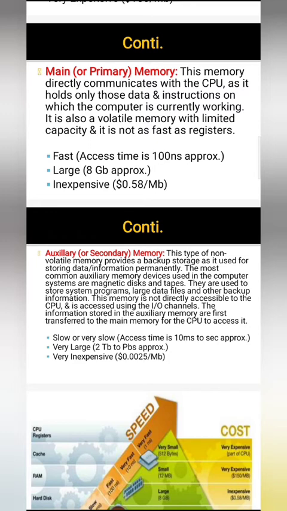Right? A few characteristics: this memory is slow or very slow, whose access time is roughly 10 microseconds to seconds. As I have already told you, since the size or capacity of this memory is very large, it takes a lot of time to read a piece of information from this memory. Hence, whenever a processor needs to access some data, that data will be loaded from your auxiliary storage to the main memory. This memory is very large, roughly equal to 2 TB, 2 PB approximately, and it is very inexpensive.